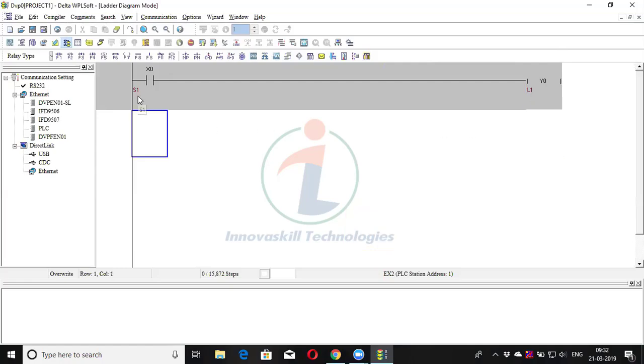Now, for example, if this is the program, after completion of program, what we have to do is directly we have to type END. Just directly type END. Either if you want, you can directly click here and type END.